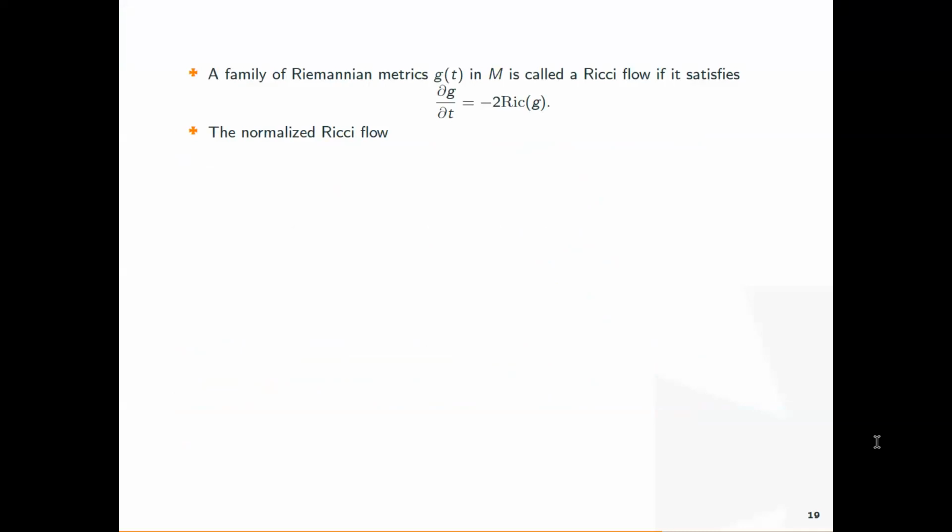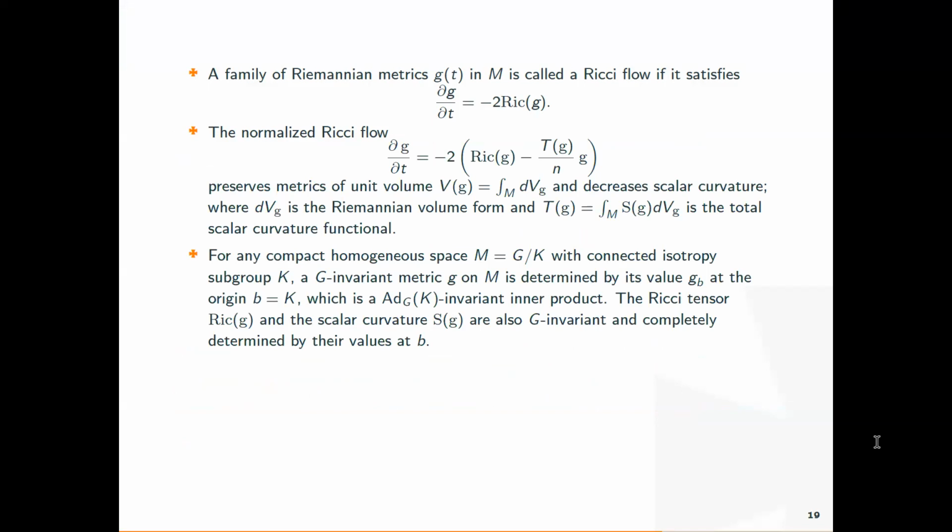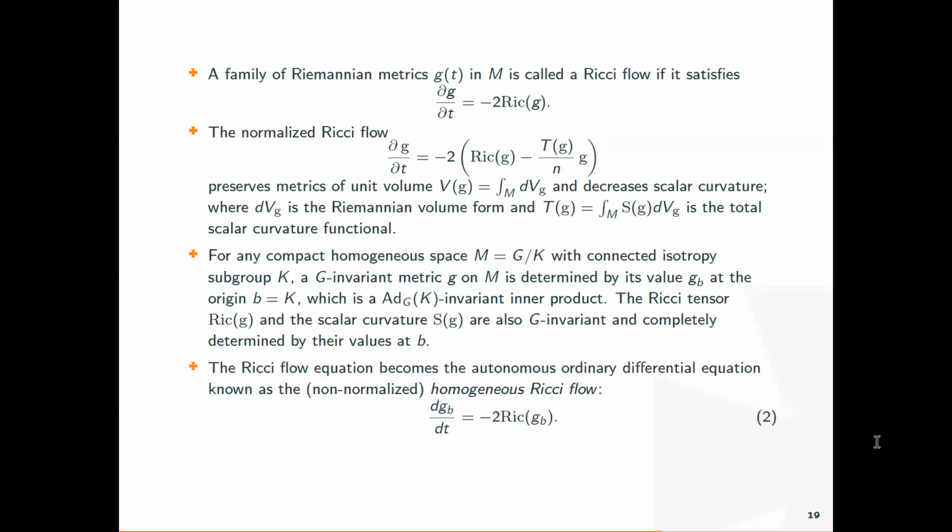I'm just going to skip it here because I want to say some words about the projected homogeneous Ricci flow. Of course, you may all be familiar with the homogeneous Ricci flow, and there is also the normalized Ricci flow that enjoys the property of not varying volume. The point is that making the Ricci flow for a homogeneous space is much easier than the standard Ricci flow, because every PDE is reduced to ODEs, thanks to the decomposition by the isotropy representations. So we have a system of ODEs.